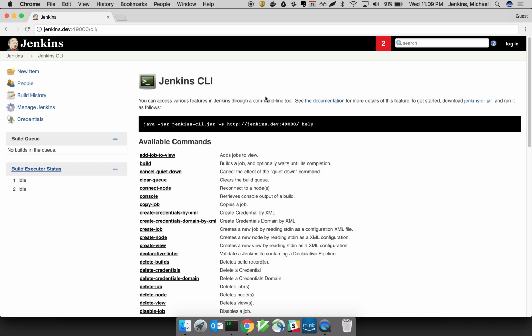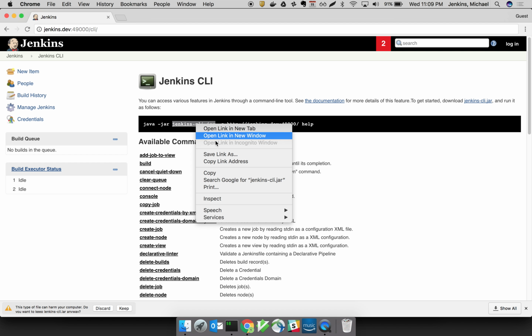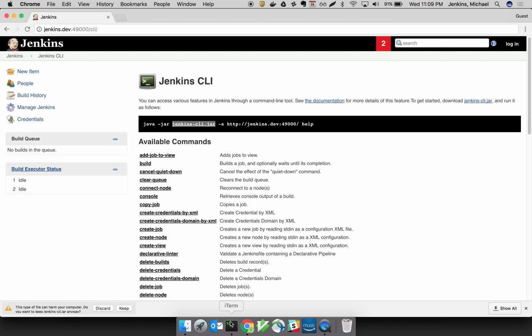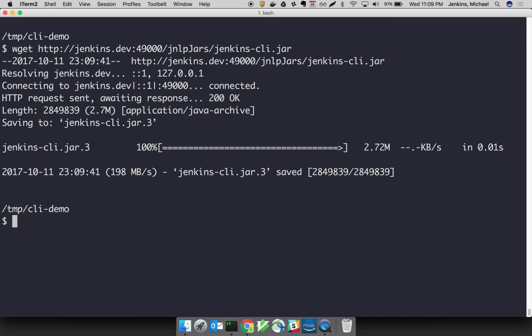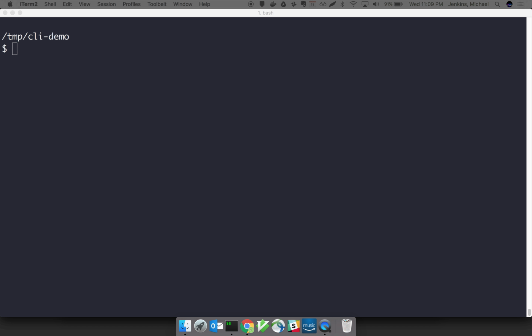I found the easiest way to download the CLI tool is to copy the link address and then use wget to download. Now that we have the Jenkins CLI tool, you can run the help command. First type Java,